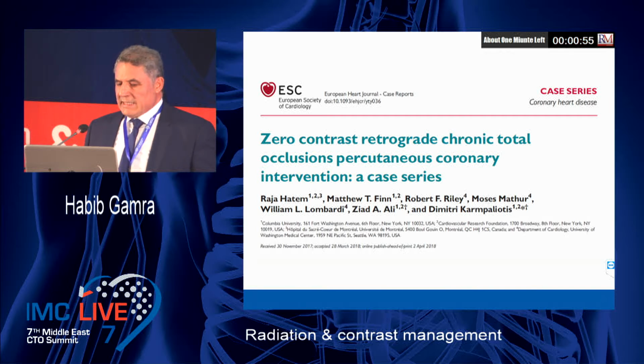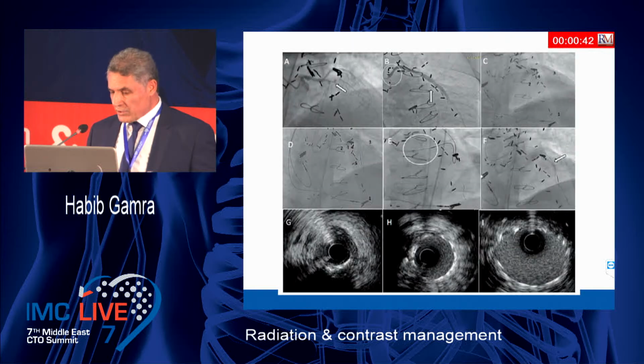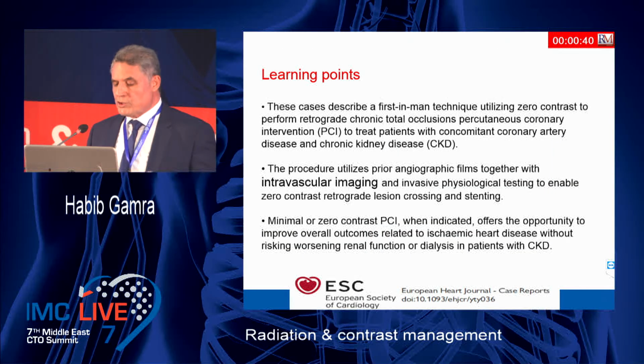Finally, an interesting paper published a few months ago about zero contrast retrograde, in a retrograde chronic total occlusion procedure using IVUS. As you can see here, this is possible. So minimal or zero contrast PCI, when indicated, offers the opportunity to improve overall outcomes related to ischemic heart disease and prevent